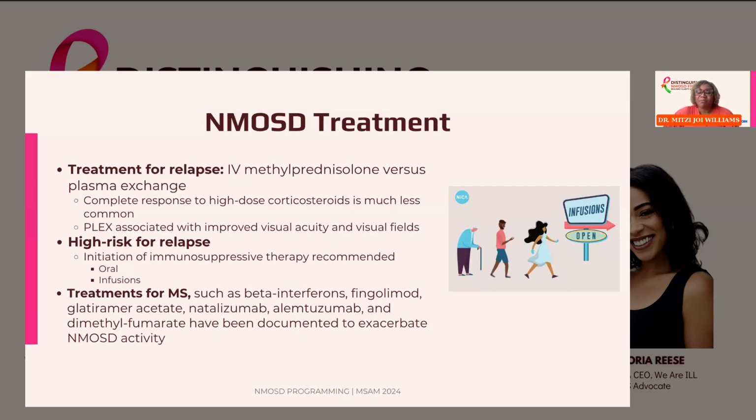It is almost like a dialysis that can be done to wash the antibodies out. And then sometimes there are other treatments like IVIG, which used to be used very commonly for MS, but still can be used for NMOSD. It also is important to recognize that some of the disease modifying treatments for multiple sclerosis can worsen NMOSD. That's why an accurate diagnosis is extremely important, because we don't want to give you something that's going to make your NMOSD worse.